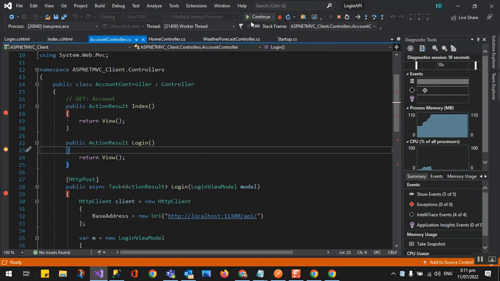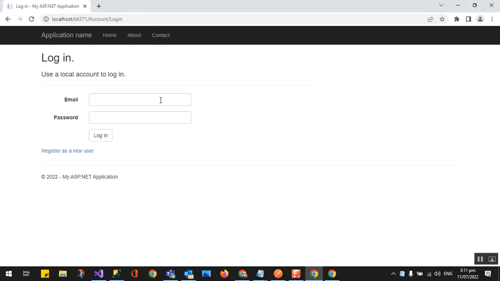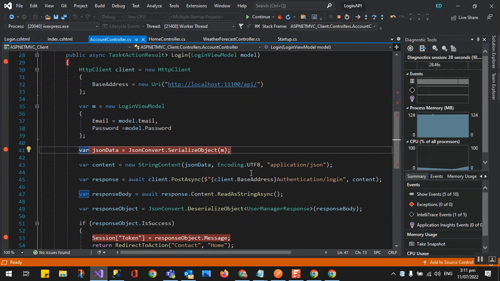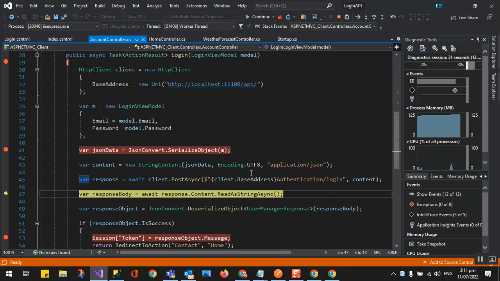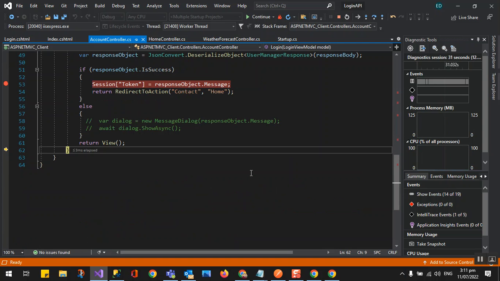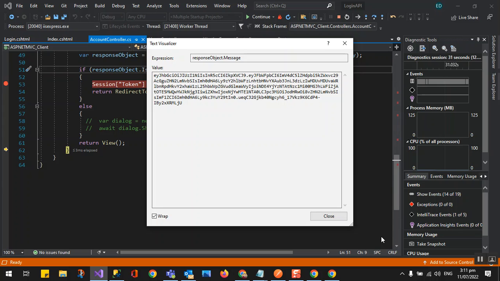Now we are going to log in, same as what we used in our Postman. Now it's okay. So you can see we have the token now. This token has been created.